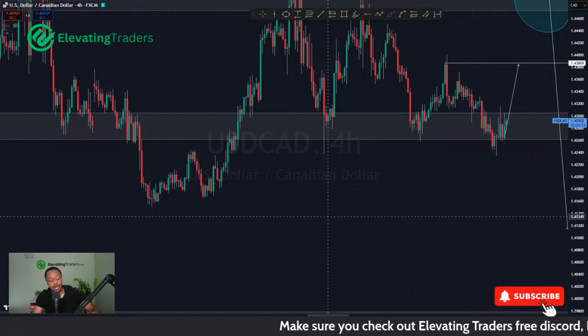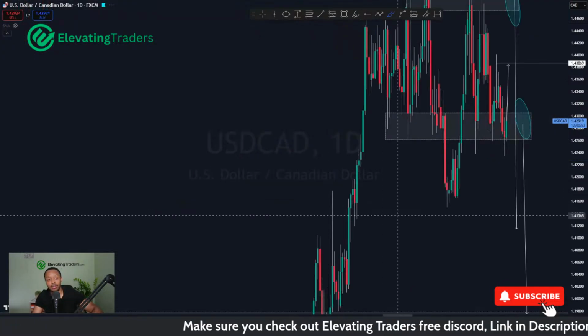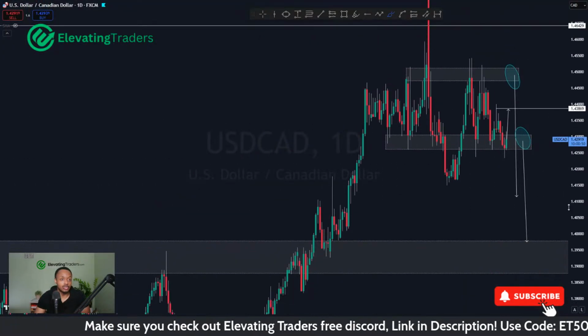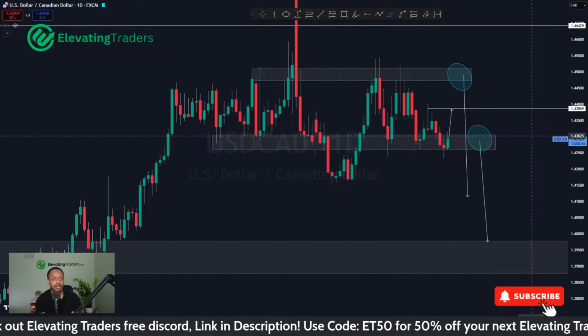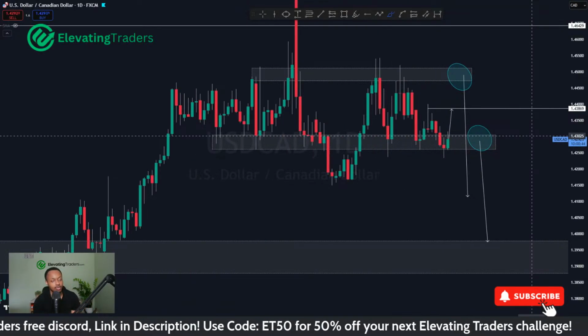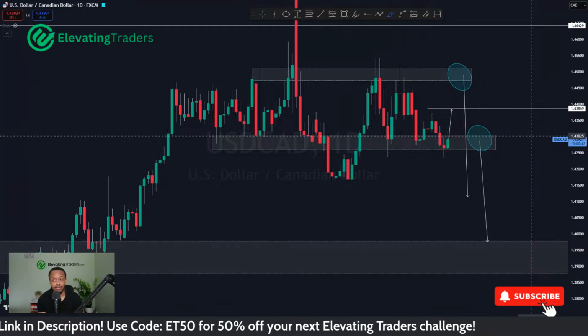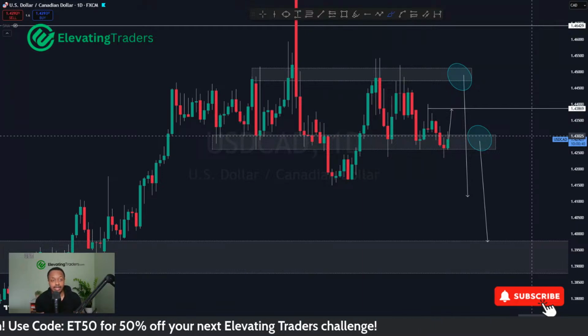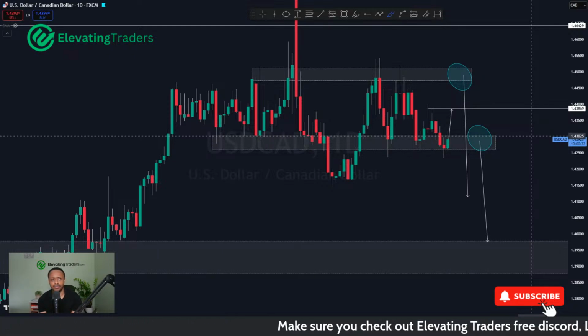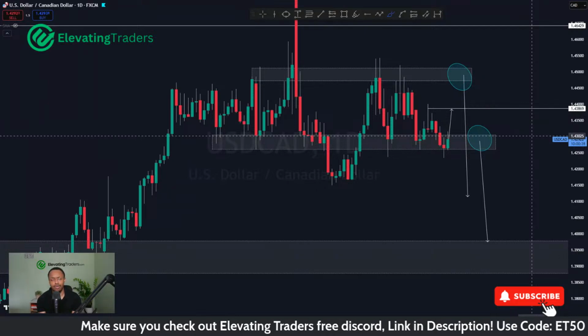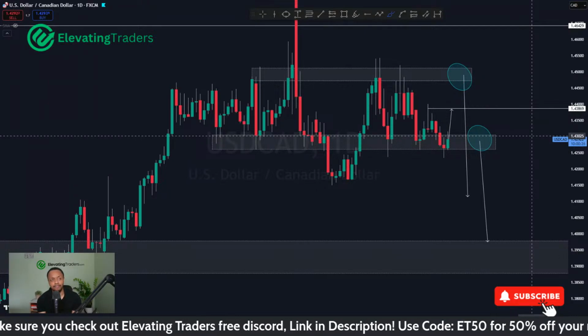So yeah, I do like dollar CAD buys as well. I'm still pretty short biased in the pair. I'm looking for that swing, but now's not the time to be looking to sell the market. Still respecting support. Nice fake out in the lower time frames as well. So that could easily be a catalyst to push dollar CAD higher. So I would be very, very cautious of that happening. And yeah, we have seen a lot of CAD strength recently as well, but maybe we might be going for a bit of a breather.